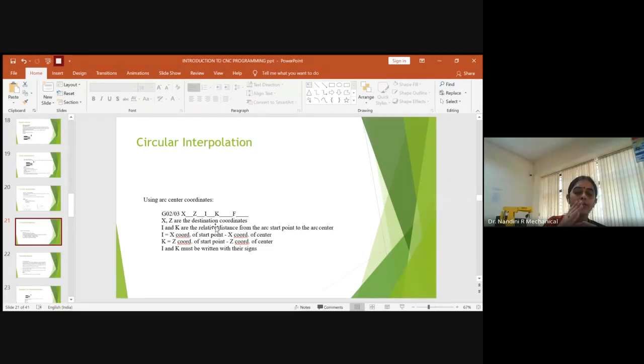Okay, so from that reference point, anything moving towards your right will be positive for Z and anything moving towards your left for Z will be negative. So if you follow this basic sign convention, then you will not go wrong in writing the value of I and k in case of circular interpolation. And also in case of linear interpolation, the x-axis and z-axis dimension, coordinate system, sign convention will remain the same.